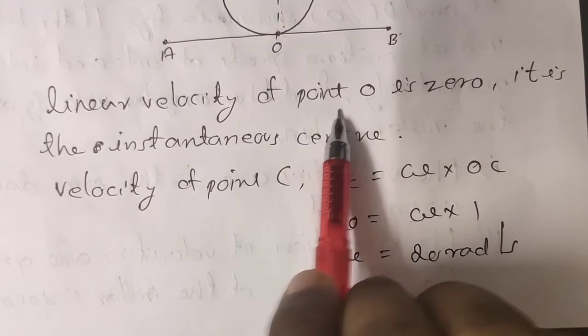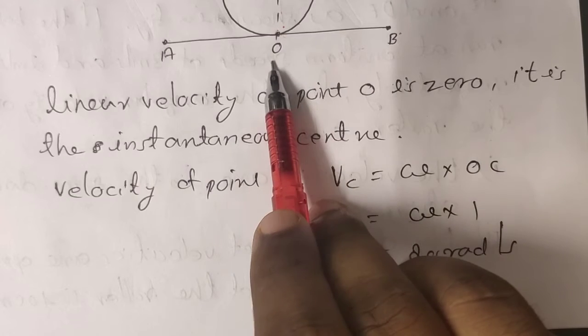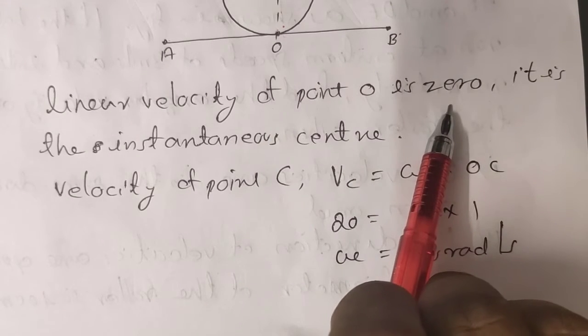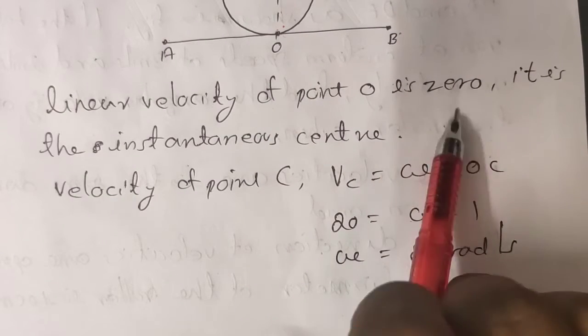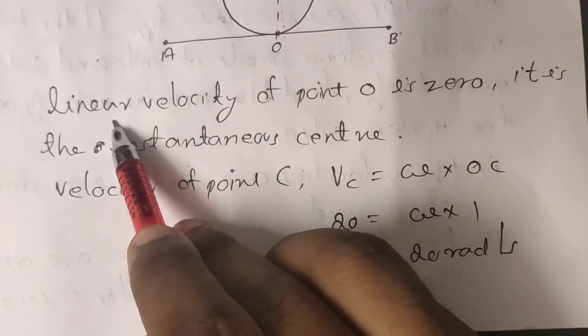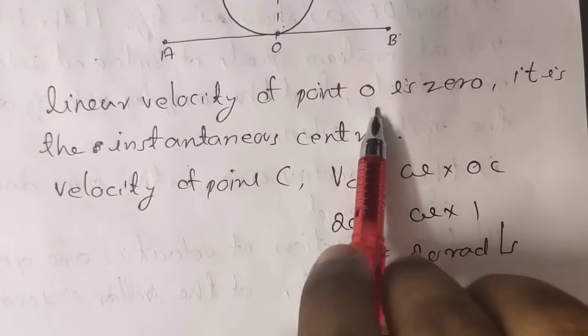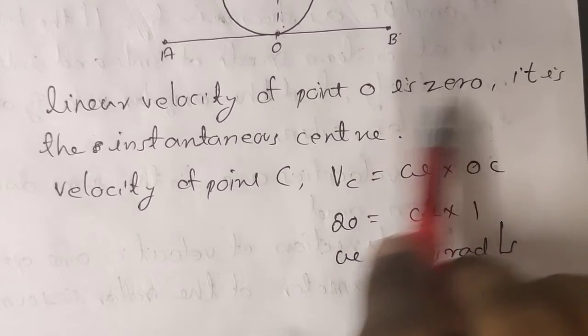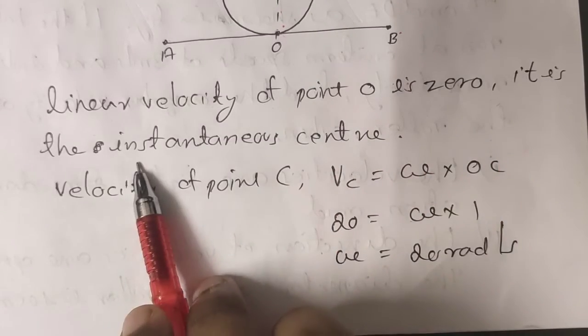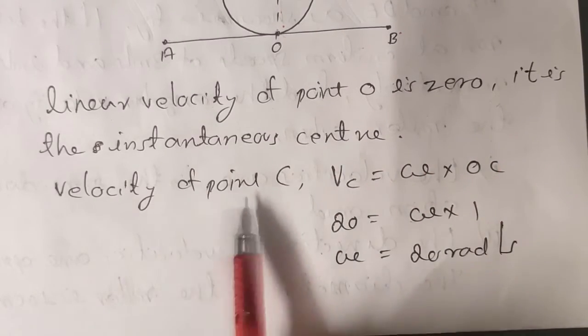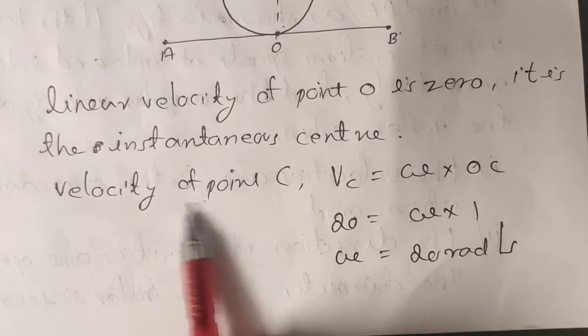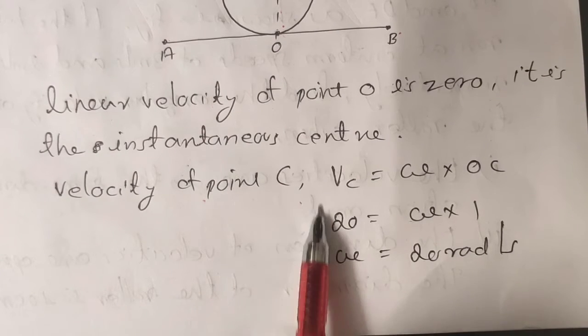The linear velocity of point O, this is the point O. O is 0. The linear velocity is 0. It's linear, not angular. Velocity is 0. It is instantaneous because it is an instantaneous center. Okay. The velocity of C, that is the center, is